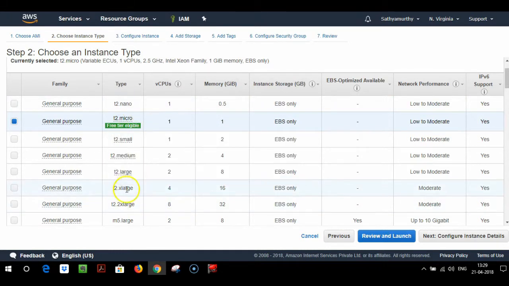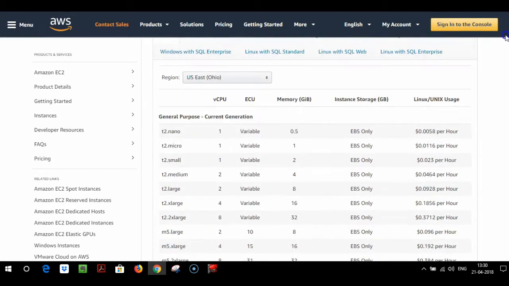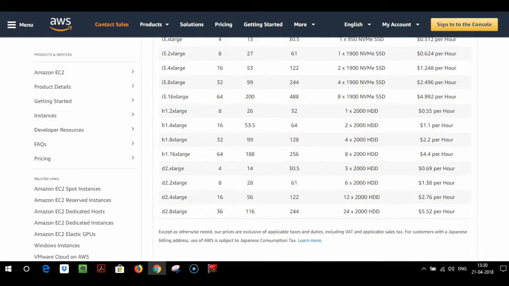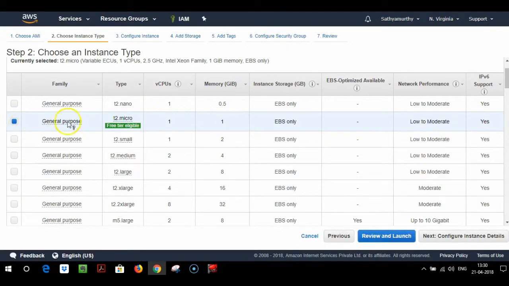If you want to understand what the pricing is for each of these, you can head on to the pricing page where you can see all the pricing options. For example, T2.nano, which is the very basic version of an EC2 instance, comes with $0.0058 per hour. So that's a bare minimum VM which you can launch, and it even goes up to $5.52 per hour, which is D2.8xlarge. So for this video, we'll go ahead and choose T2.micro,